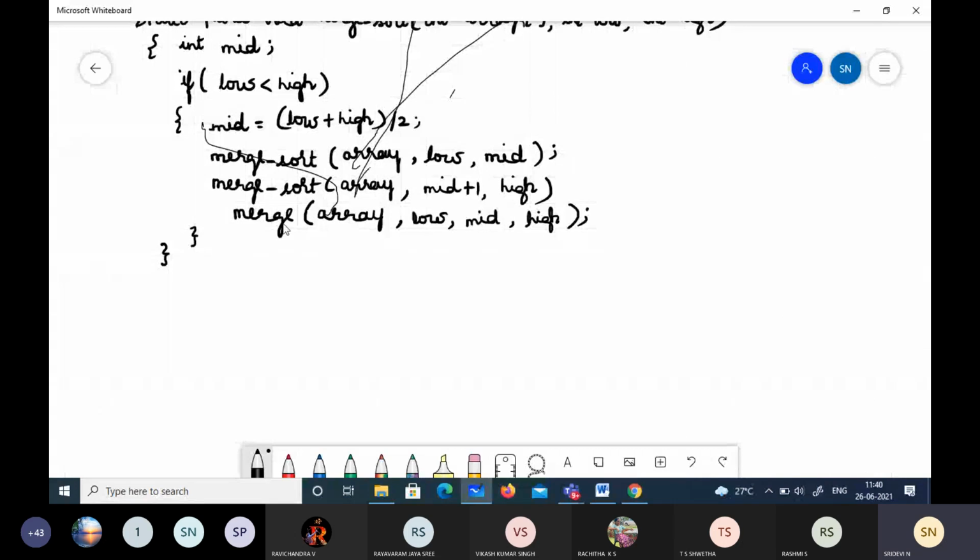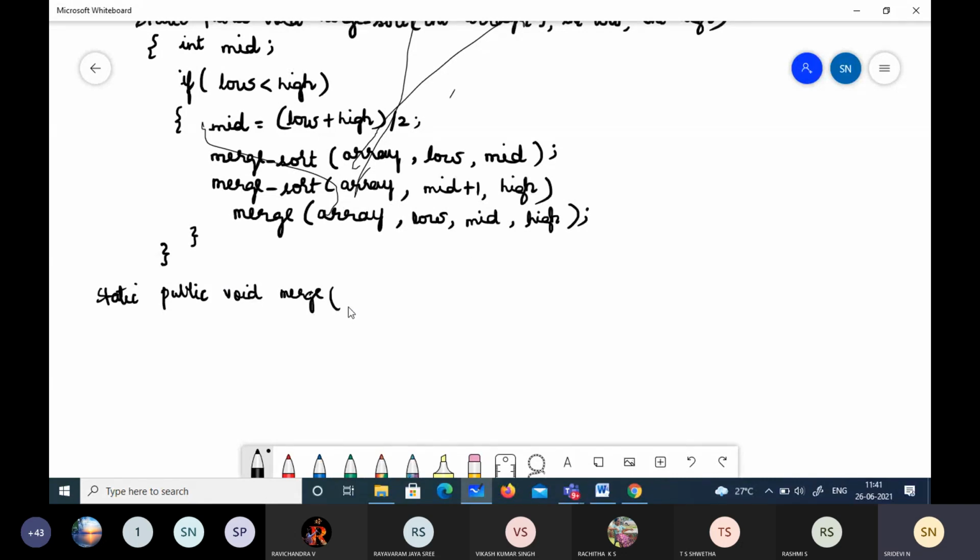So we have to write our merge program now, right? Static public void merge, and whatever I have sent here, I should receive here.